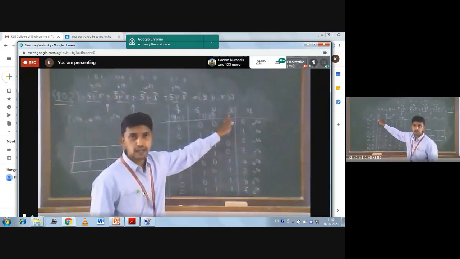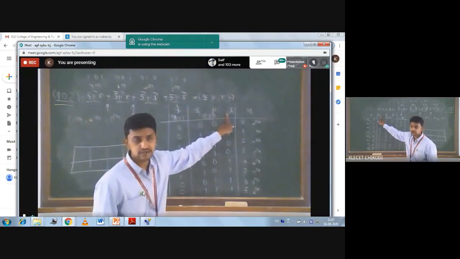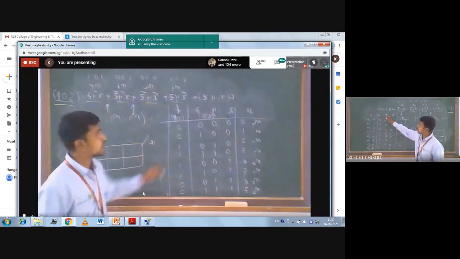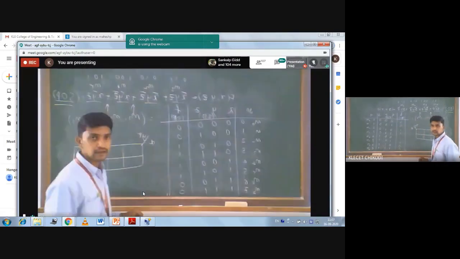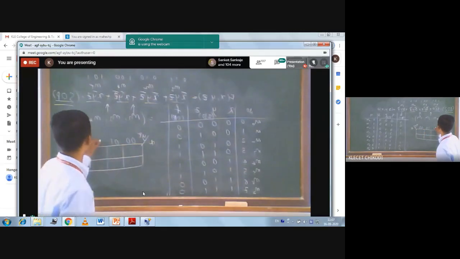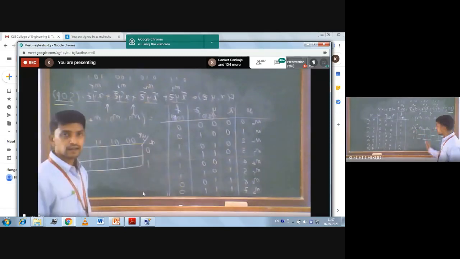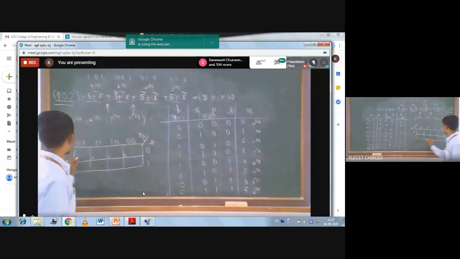And you have to name the same input variables here. So what are the input variables? The first variable is X, so we have written X here. And what are the remaining input variables? Y and Z. So we write here Y and Z. And this is standard 0, 0, 0, 1, 1, 1, 1, 0. This is 0, 1. And you have to number the K-map cells here: 0, 1, 3, 2, 4, 5, 7, 6.